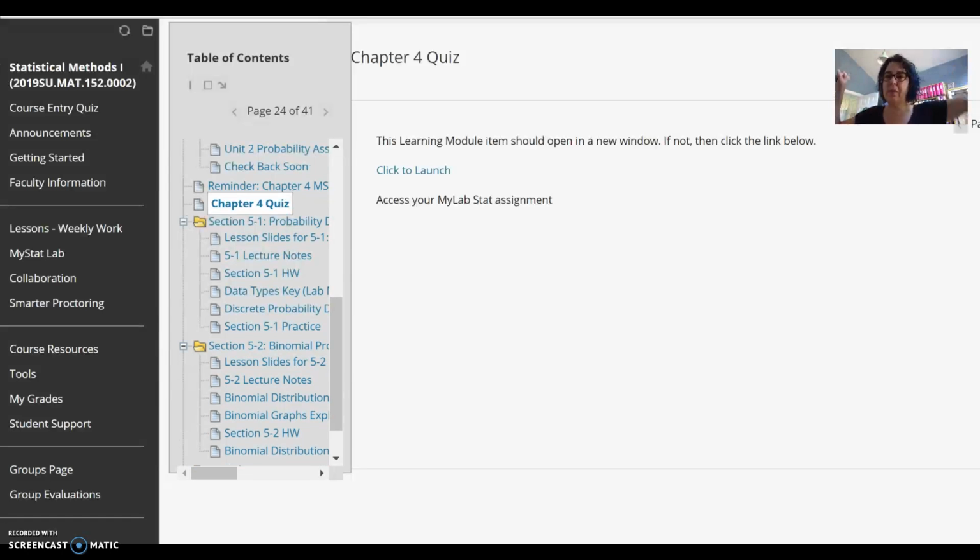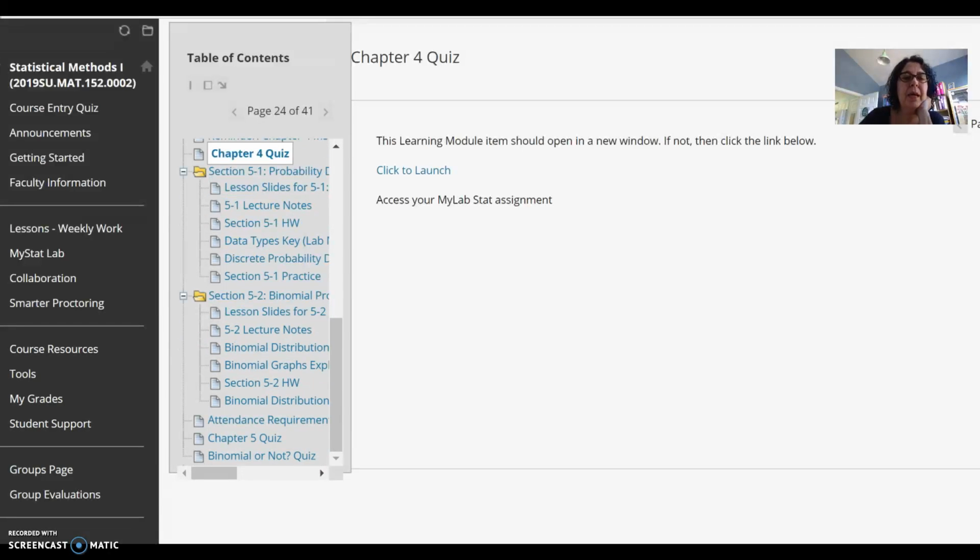Now statistics was there. Now we're bringing the probability together. So now we're learning the distributions, probability distributions. We're going to look at discrete distributions first, then the binomial distribution. So that's the second half of this unit. Again, you've got 5.1 and 5.2. What is the probability distribution? Binomial distribution is a special case, one of the special cases of probability distributions. There are other probability distributions like geometric and so on and so forth.